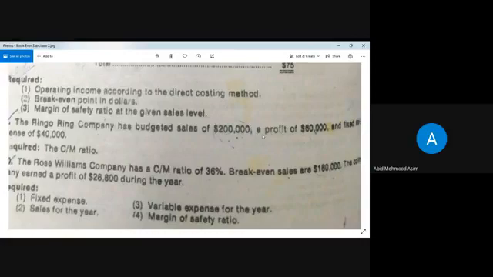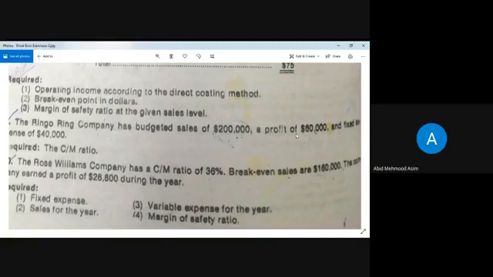Sales are given to you, and profit is also given to you with a fixed expense, which is 40,000. Now, how can you calculate the variable cost? Contribution margin ratio is sales minus variable cost divided by sales. So you need to calculate first the variable cost. When the company has 2 lakh of sales, 2 lakh of sales less variable cost would be contribution margin. But we can't calculate here the contribution margin because we have no variable cost directly given. So we have to go through a reverse process.